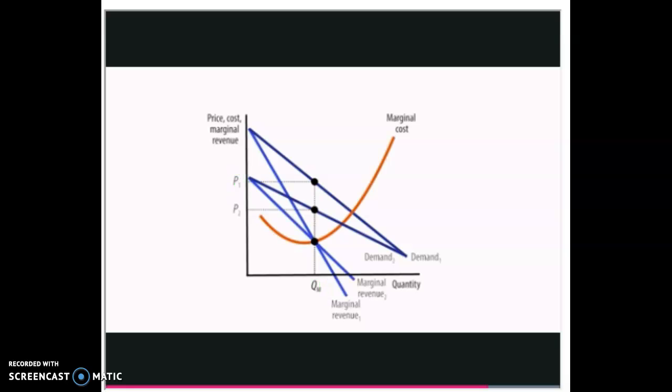But notice what happens if we draw a new demand and marginal revenue curve with marginal revenue 2 intersecting the marginal cost curve at the same quantity as marginal revenue 1. Facing demand 2 and marginal revenue 2, the monopolist would maximize profit by selling the same quantity, QM, at the price of P2 rather than P1. Since the profit maximizing price depends on the demand and marginal revenue curves, we can't pinpoint a particular supply curve